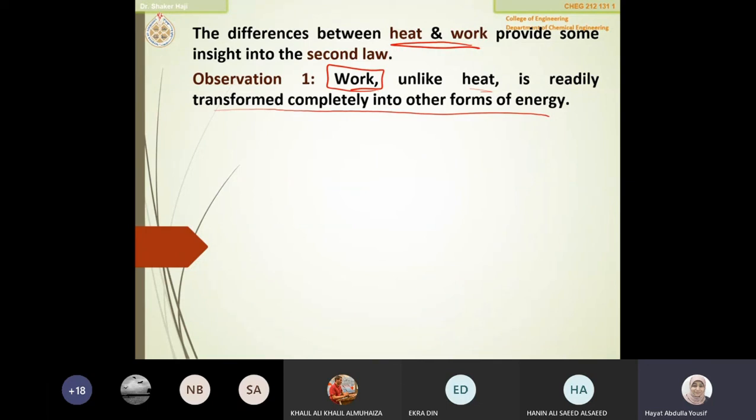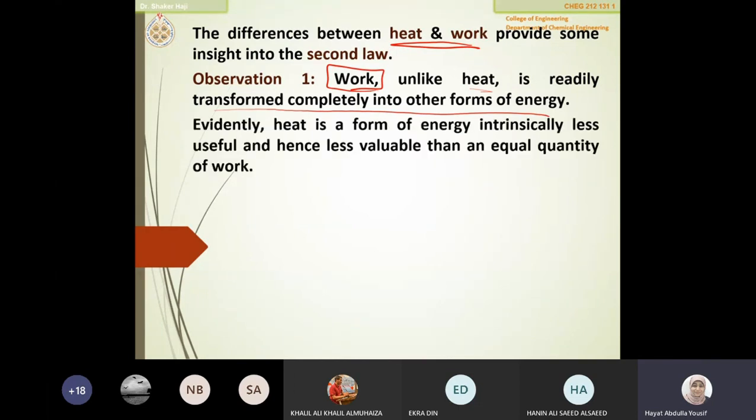100% conversion. And this is simply because of the complexity in real life, and that complexity, I will call it in thermo irreversibility, and the loss. Loss is mainly related to the friction in processes. So that is the first observation that they noticed. Okay, so that's why we said eventually heat is a form of energy that is less useful, and because it's less useful,